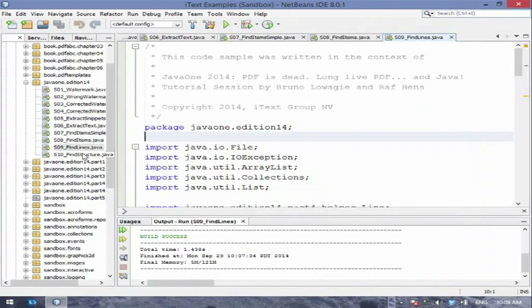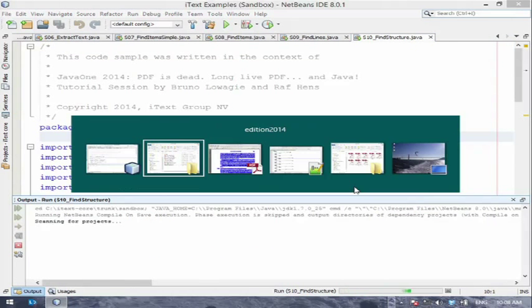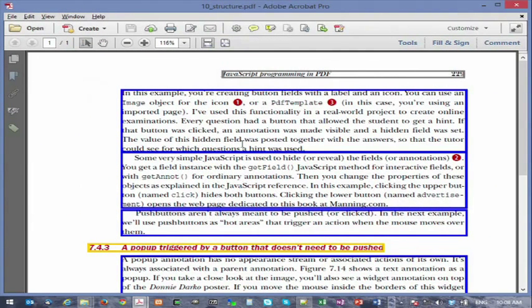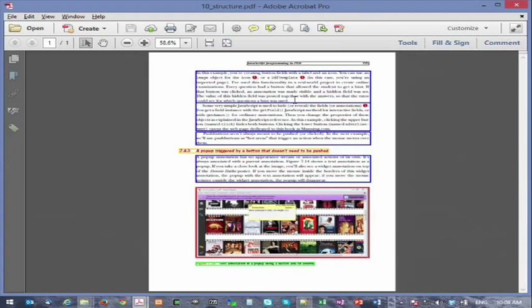Then going one step further, we will actually try to find structure information. Adding a bit more logic to the algorithm, we can now also piece together lines of text so that we can determine paragraphs. If you now have an overview of this page, we've been able to detect all the structure information that a human immediately sees when taking a glance at this page.